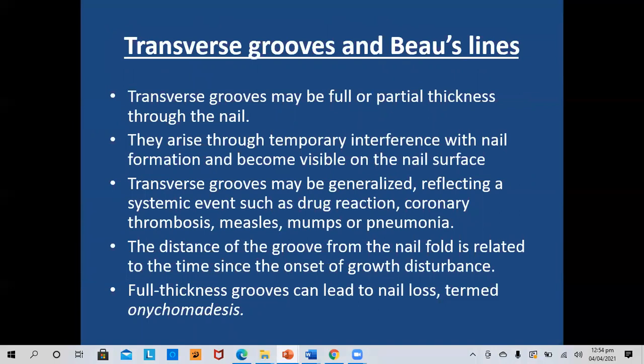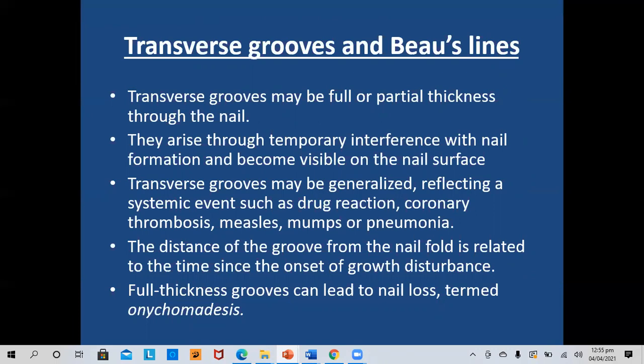So now we are discussing the transfer grooves of the nail, or the Beau's lines. Transfer grooves may be full or partial thickness. They arise when there is a temporary interference with nail formation and become visible on the nail surface. Transfer grooves may be generalized, reflecting a systemic event like a drug reaction, a coronary thrombosis, measles, mumps, or pneumonia